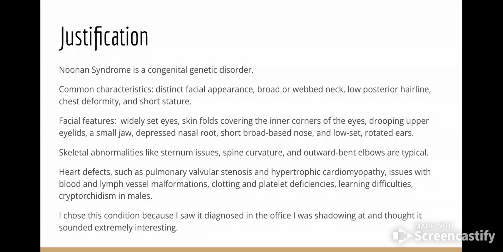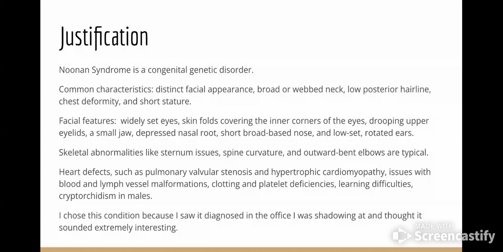So, some more physical are facial features that include widely set eyes, skin folds covering the inner corners of the eyes, drooping upper eyelids, a small jaw, depressed nasal root, short, broad based noses, and low set rotated ears. It also includes some skeletal abnormalities like sternum issues, spine curvature, and outward bent elbows. And then internal, there are some heart issues that come about. So there's pulmonary valvular stenosis, hypertrophic cardiomyopathy, issues with blood and lymph vessel malformations, clotting, platelet deficiencies, learning difficulties, things